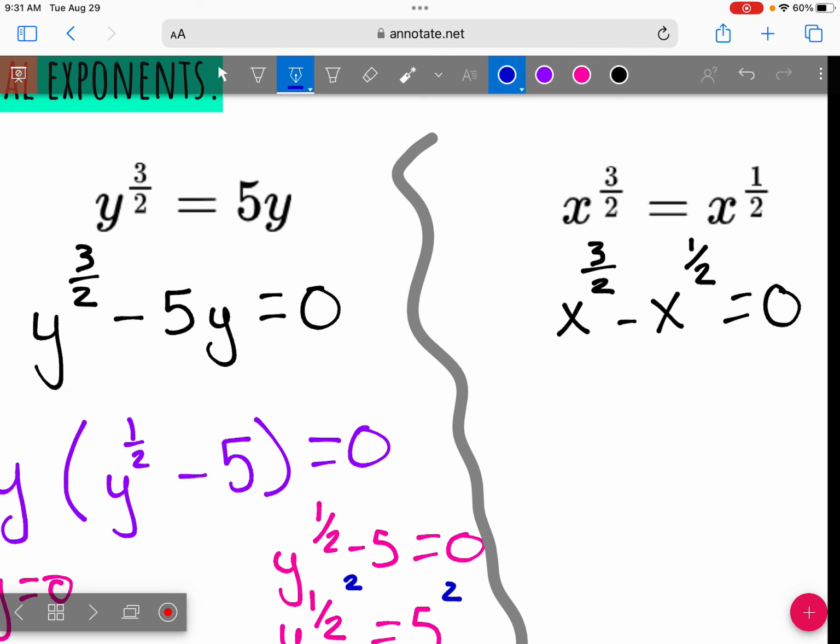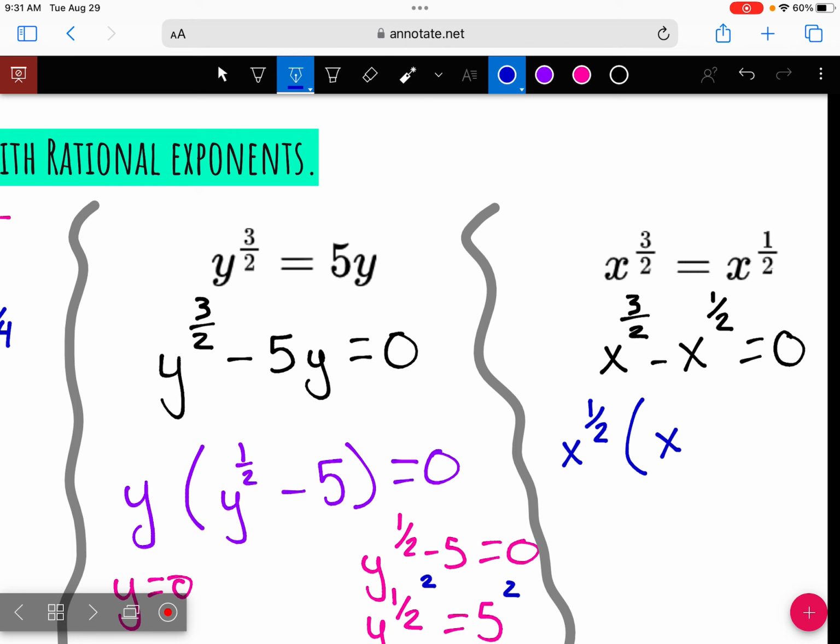What do they both have? X to the 1/2. When I factor x to the 1/2 out of x to the 3/2, what do we have left over? X to the 3/2 minus 1/2. 2/2 or just one? When in doubt, write it down. Minus x to the 1/2. When we factored out x to the 1/2,